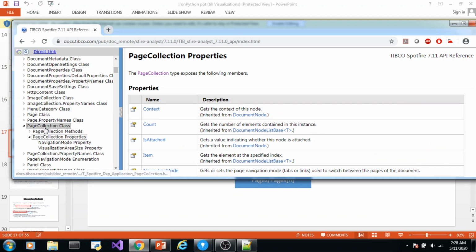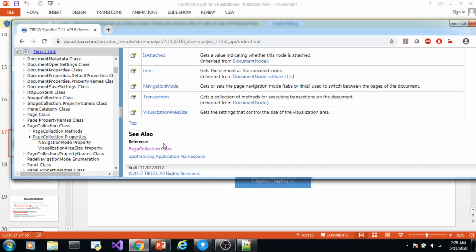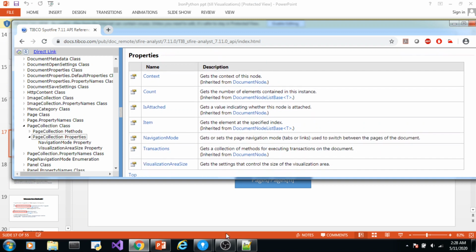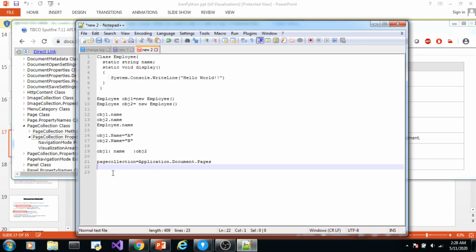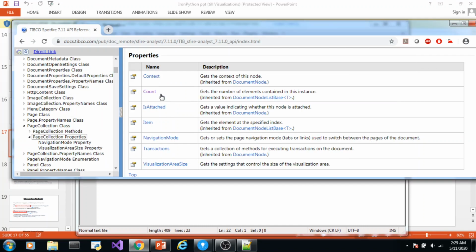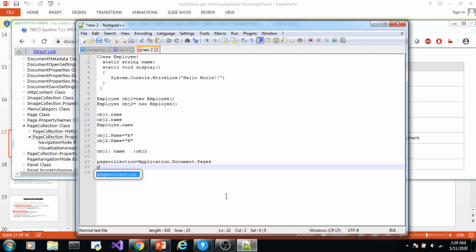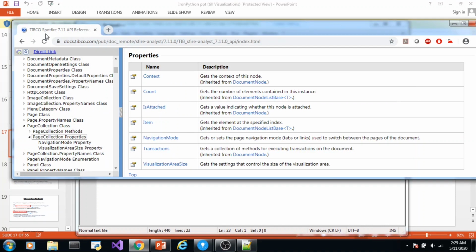We went to the page collection class and saw that these are the properties which can be used with this collection of pages. So suppose we want to get the number of pages. There is a property for that, that is count. So we can write page count is equal to page collection dot count.